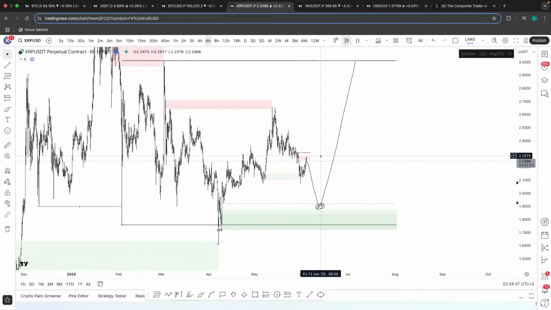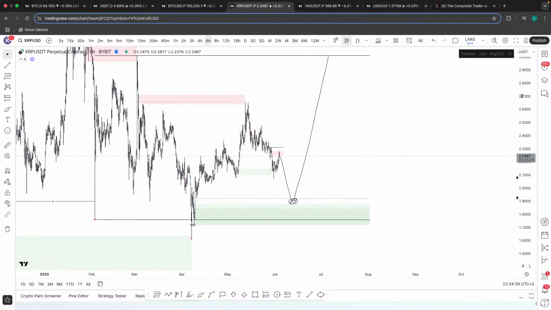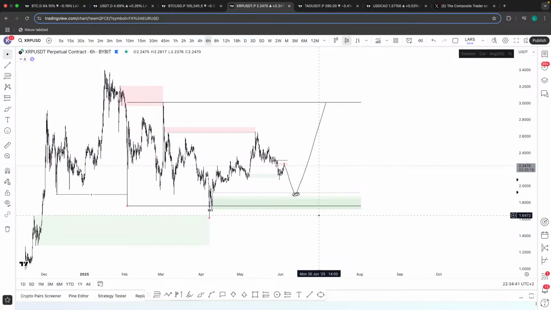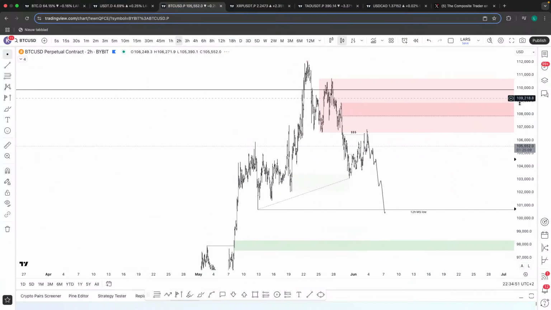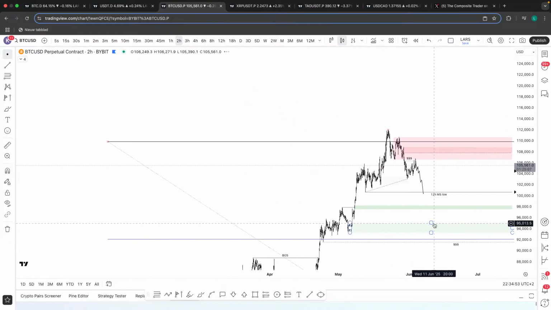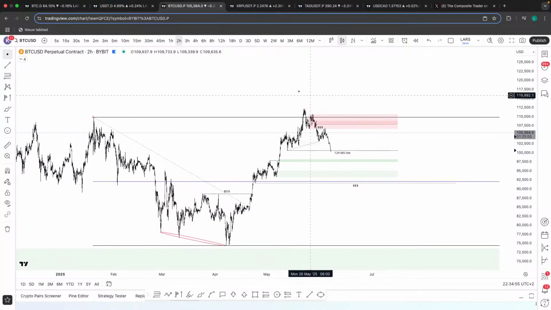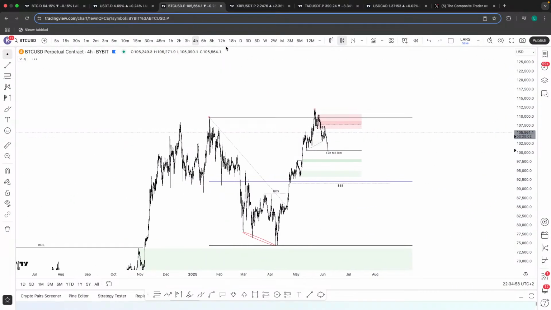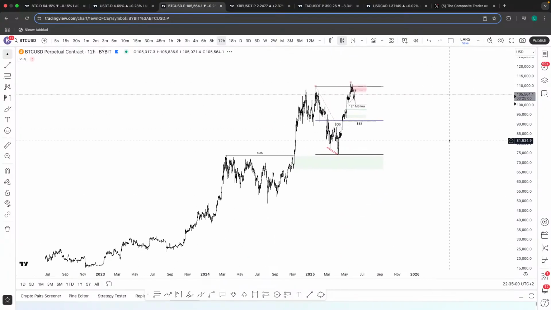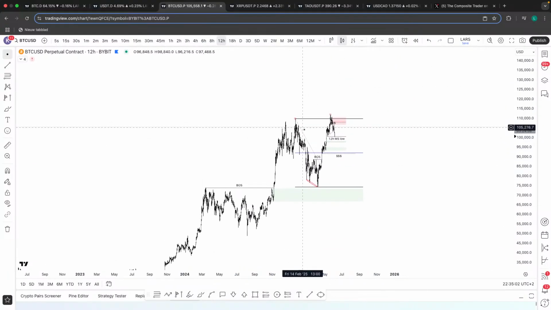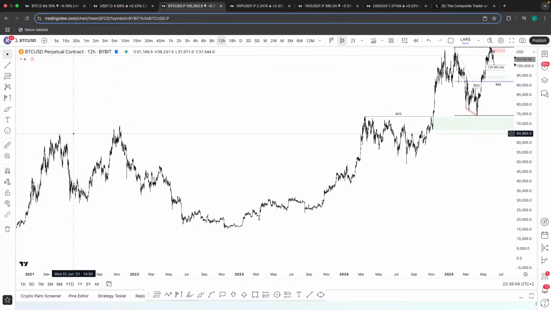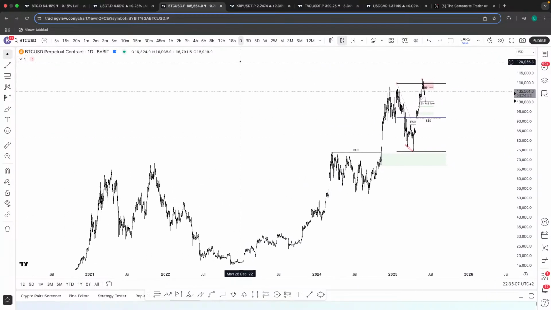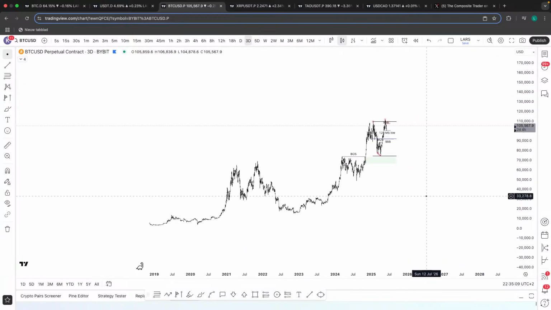So even if XRP were to come down here, I told the community about this today. If XRP comes down here and you get a breaker structure confirmation, you might be looking to long. But that would probably be caused by Bitcoin doing something like this. And then guess what? Everyone in their right mind that loves to post fractals will be posting a fractal of this top right here compared to the 2021 top, which is not the same. It is not the same at all.